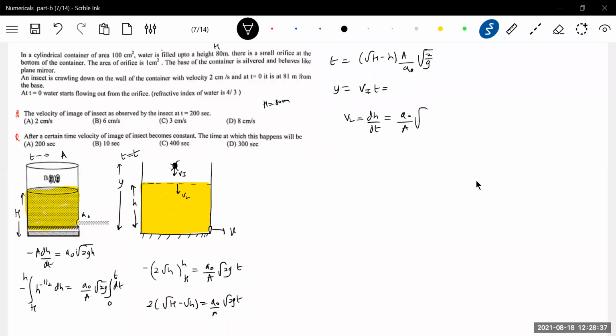I think there's the first problem you have come across of like this. How to calculate the velocity of the level of the rate at which the level of liquid is falling. Negative sign means decreasing, that's all. Don't bother negative sign. We have everything. Now, what is y? The displacement of, there's only the displacement, no? Displacement of insect.